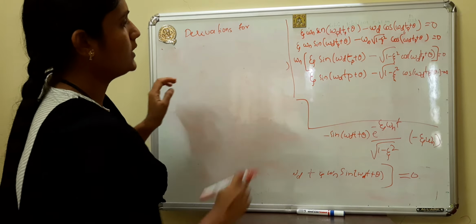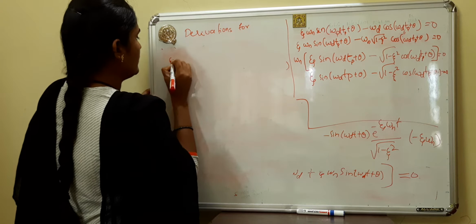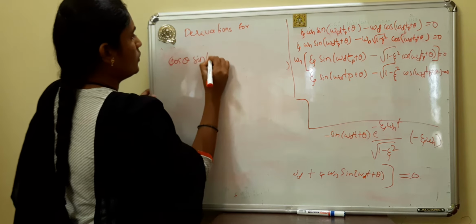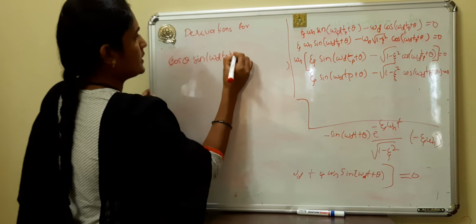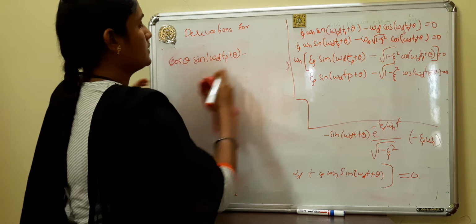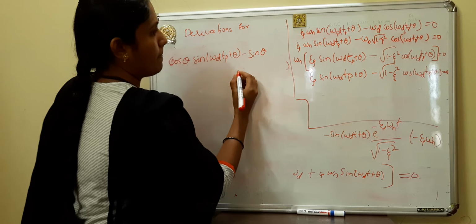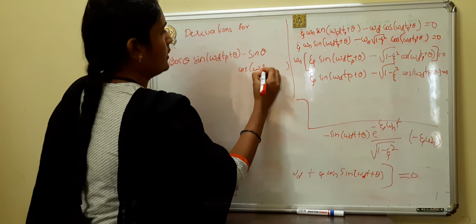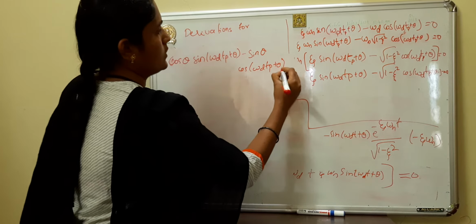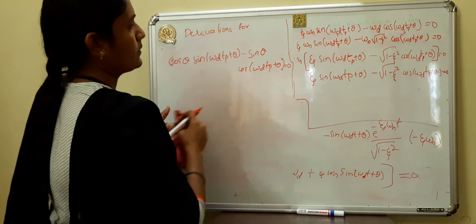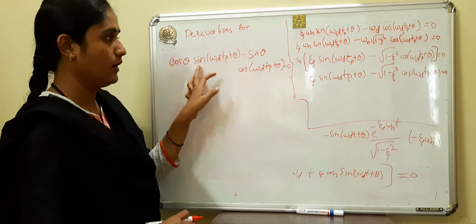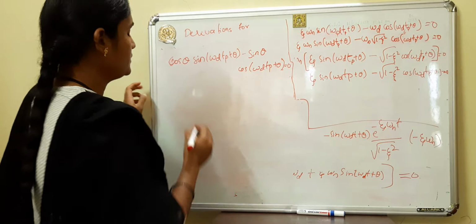Now we can see, in place of gamma we can use cos theta sin omega d tp plus theta minus square root of 1 minus zeta square sin theta cos omega d tp plus theta, which is equal to 0. Yes, by using trigonometry, cos theta sin alpha minus sin theta cos alpha becomes sin of